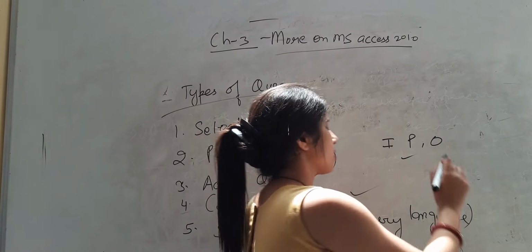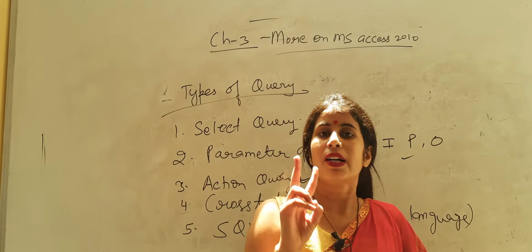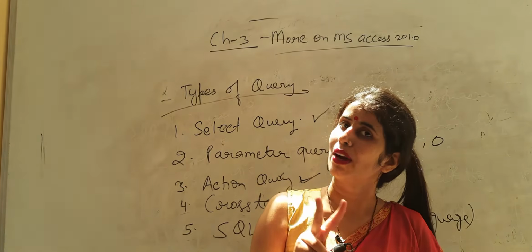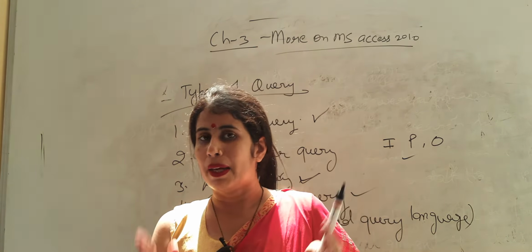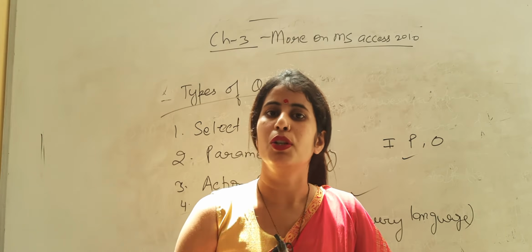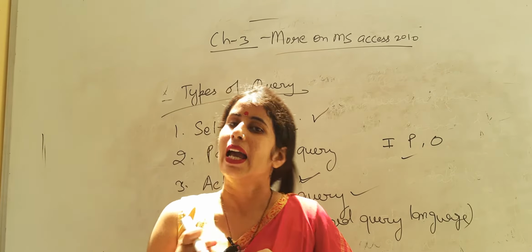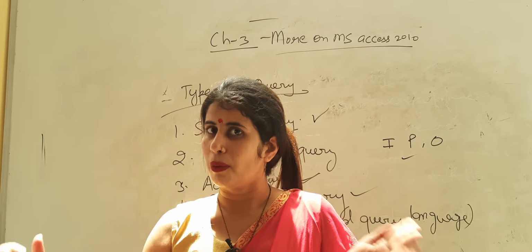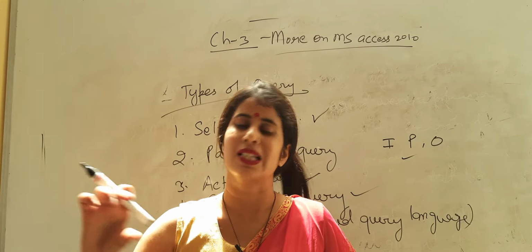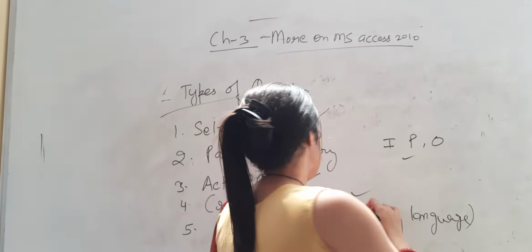Next is cross tab query. What is cross tab query? Cross tab query works on two headings. First is row heading, second one is column heading. So it prepares the database in two forms, column heading wise and row heading wise, and then it shows the information in two ways. First is row heading and the second one is column heading way.